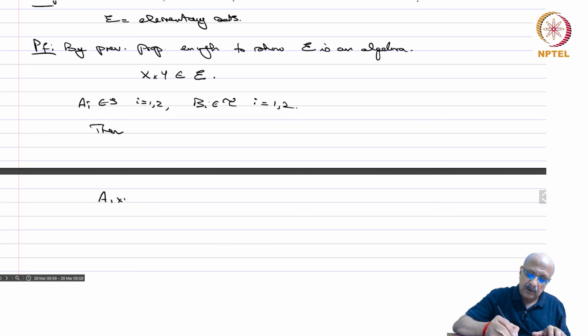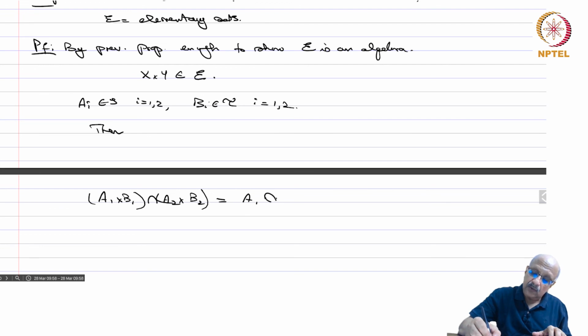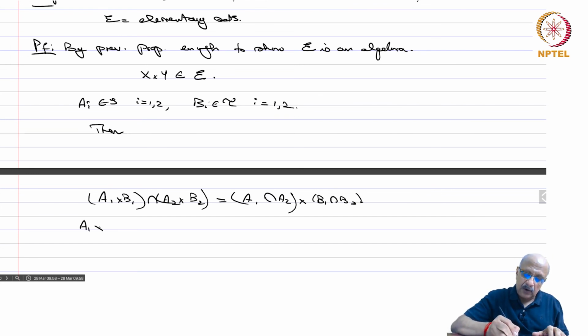A1 cross B1 intersection A2 cross B2 is nothing but A1 intersection A2 cross B1 intersection B2, and A1 cross B1